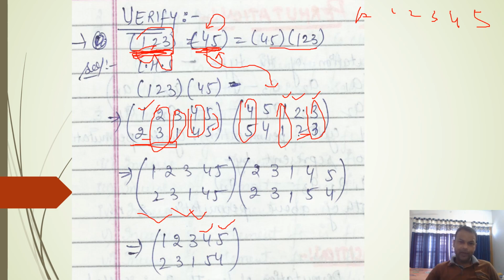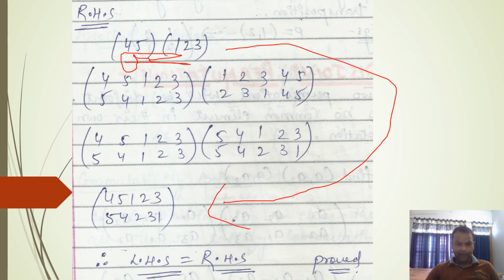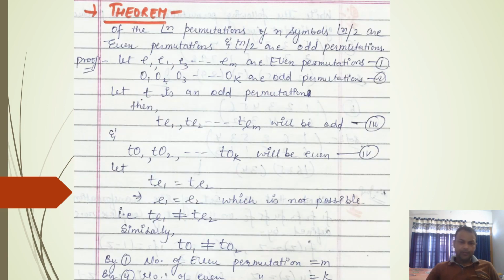Now again you will verify the right hand side by using a similar pattern. It is a similar calculation for the product of the cyclic permutation (4, 5) with the cyclic permutation (1, 2, 3), and we get the same result in both cases. This is a theorem, but today I will not explain the proof of this theorem. I will explain the proof in our next lecture. But students should study and try to understand what this theorem is asking. I am discussing it on Monday.